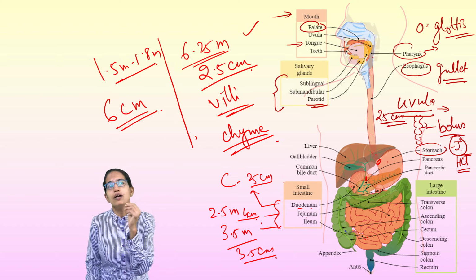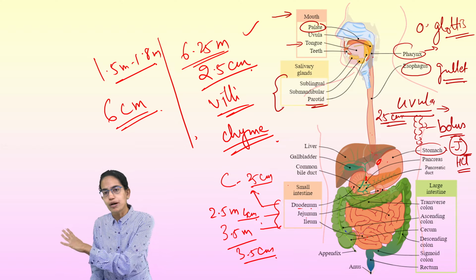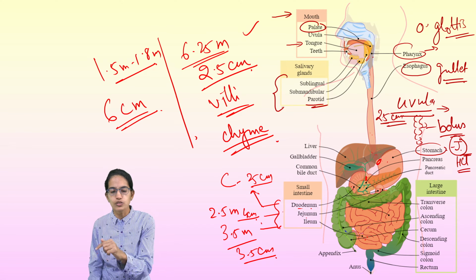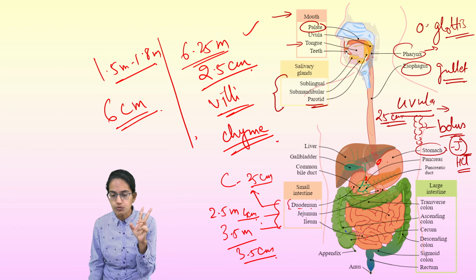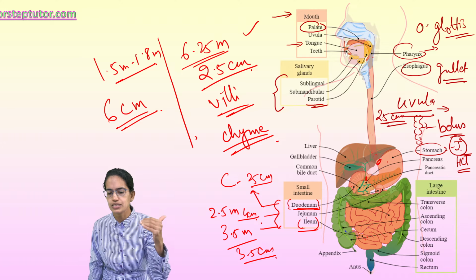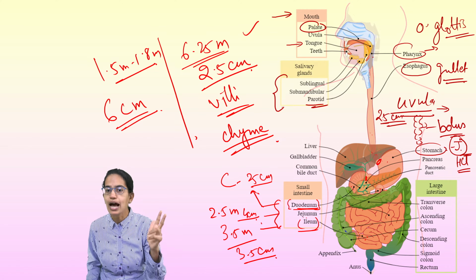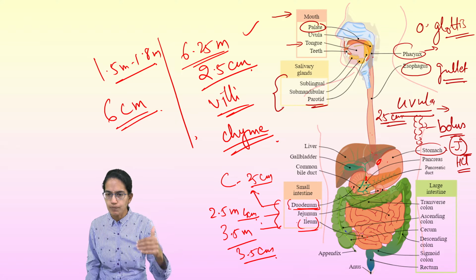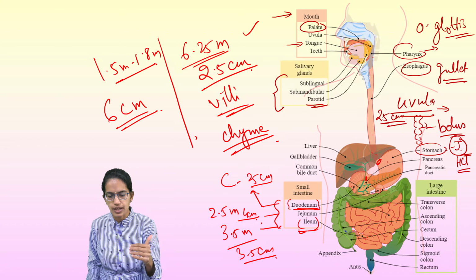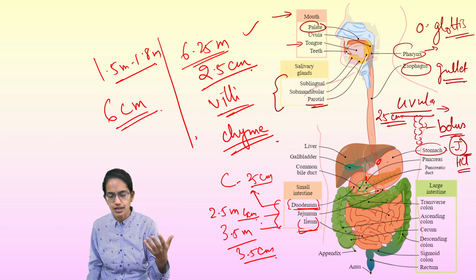Duodenum is where bile and pancreatic juice enter in. So when we would talk about the digestive enzymes, we would focus on the enzymes which are released in two components, duodenum and ileum, which are extremely important. So most of them are released in duodenum and ileum. In duodenum, it is mainly bile and pancreatic juices. All the pancreatic juices we would understand in a while. And then in ileum, it is the breakdown of maltose, lactose, and so on.